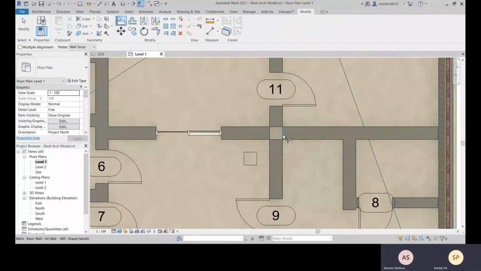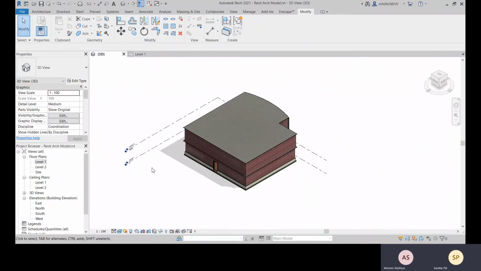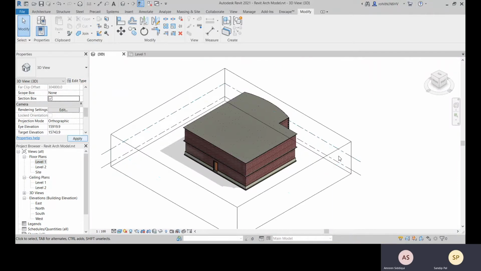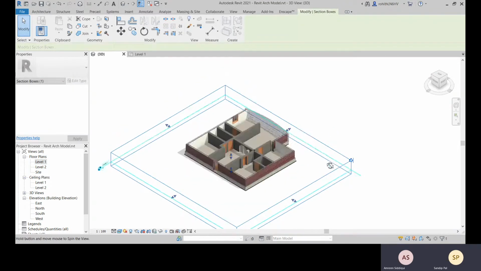Now go to align, select this. I think we have, let me check in 3D. So I'll open the section box. Yes. Now let me go to this.